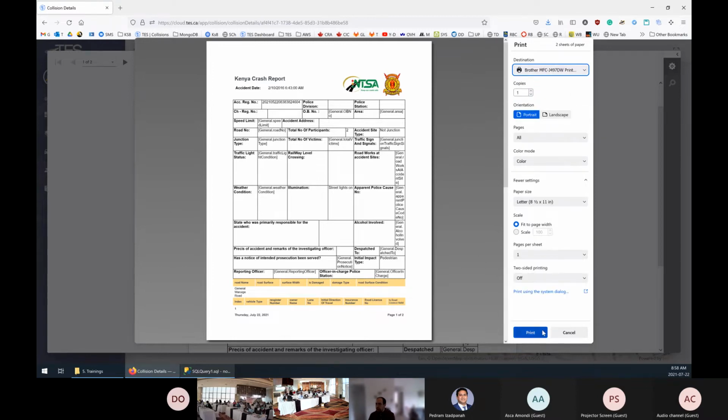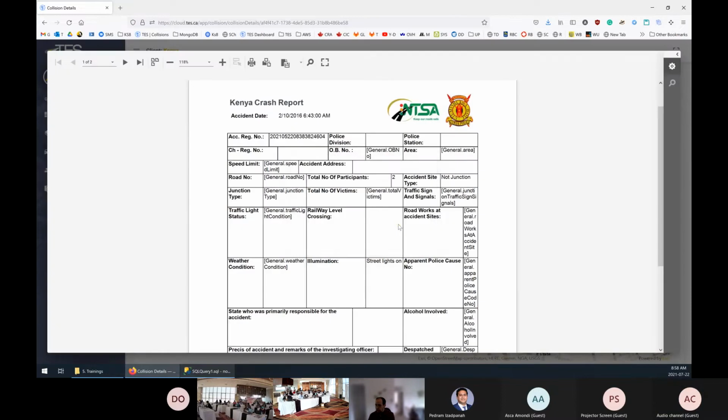I'm not going to print it right now, but it shows the information. The second one is to